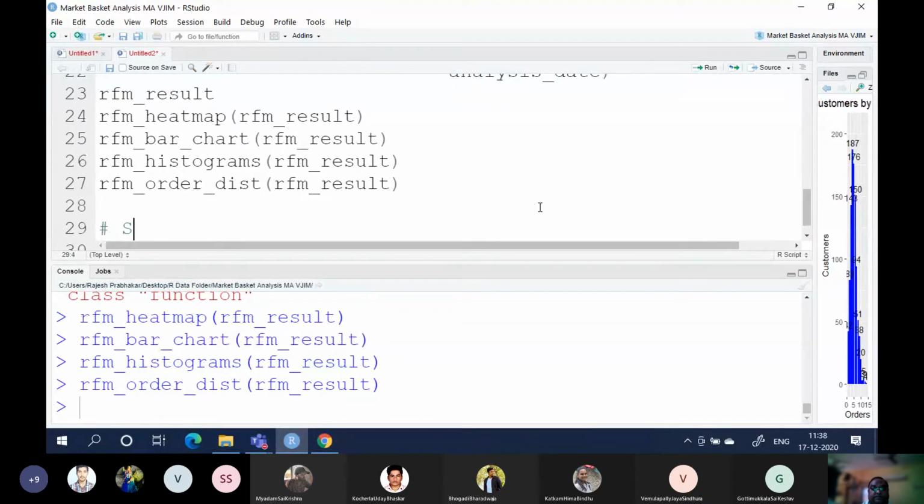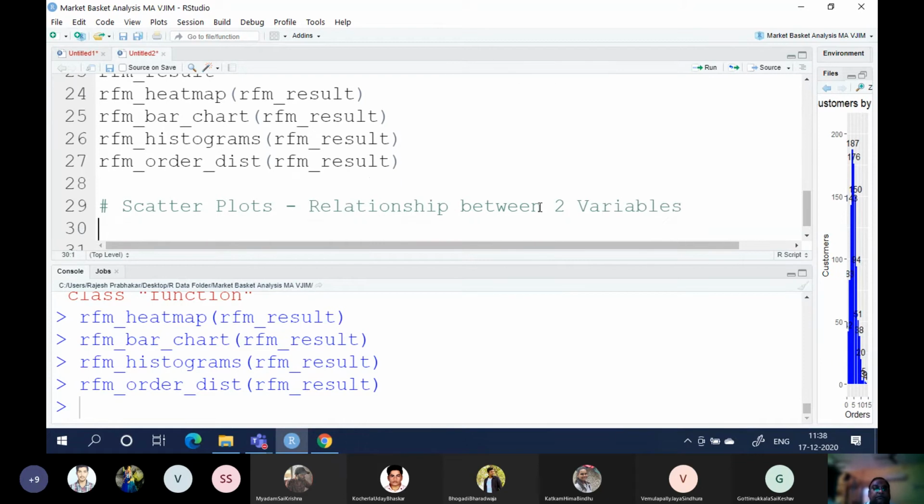Now let us do the scatter plots. So what does scatter plots tell us? Scatter plots tell us the relationship between two variables.